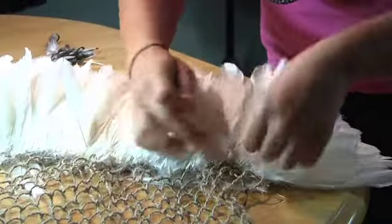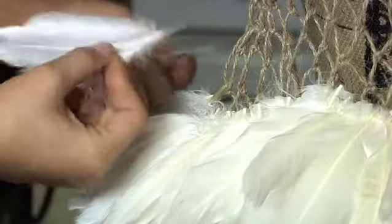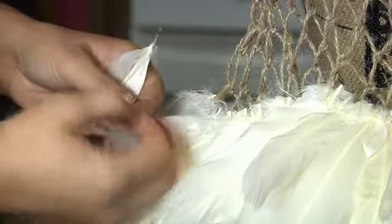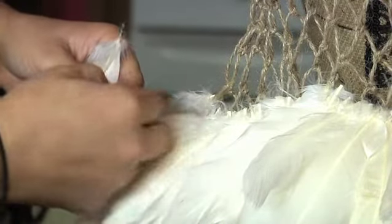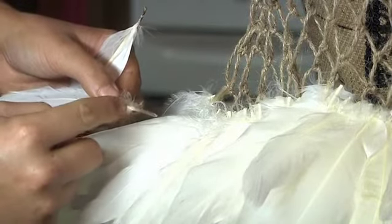So I'm going to show you how I tie my feathers on. You take the feather, or this is my method, take the needle, which I use a sharp, and this is just white artificial sinew, and the keratin gets thicker as you go down the shaft of the feather,